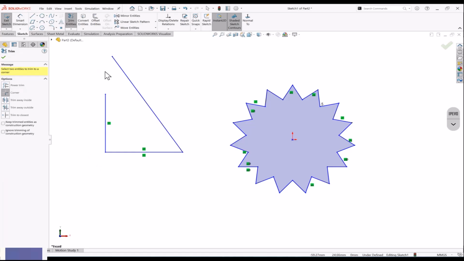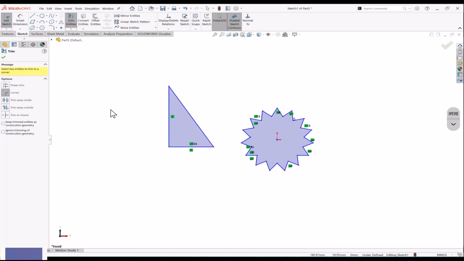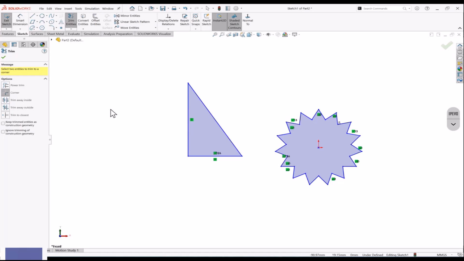Now I will make a corner here also. I'll follow the same command, first and second. We can see a corner has been made. So this way, this command works as both extend and trim. Okay. Next